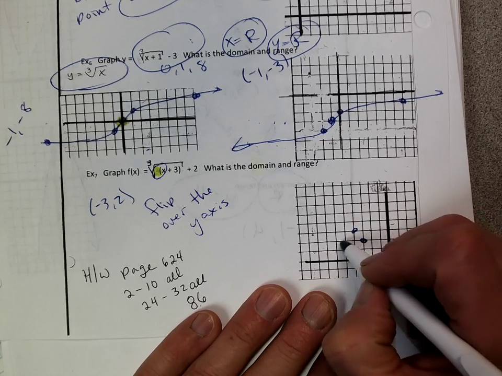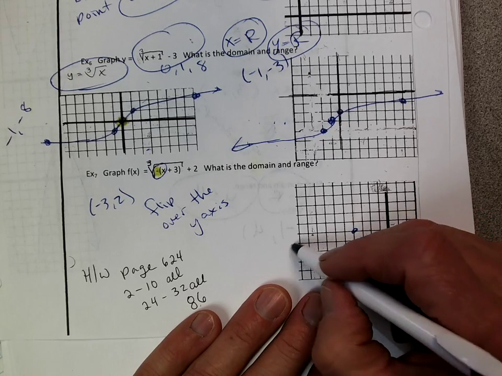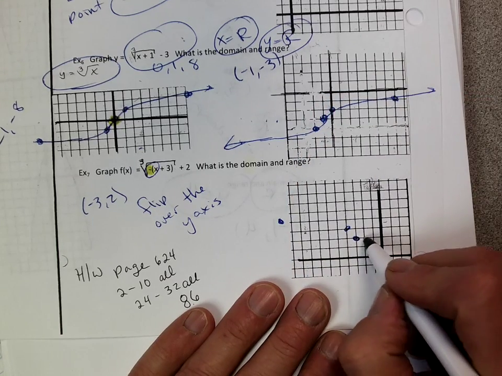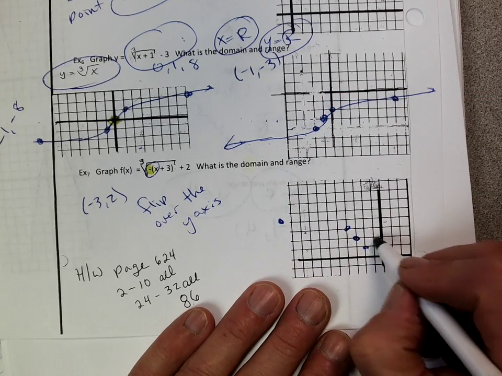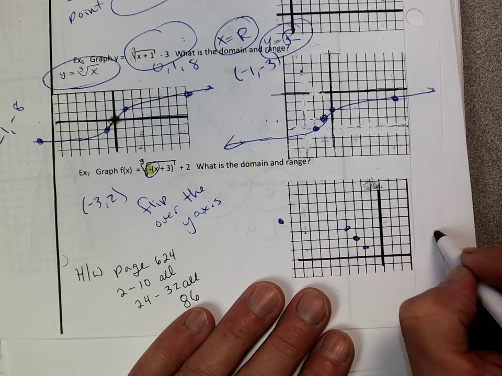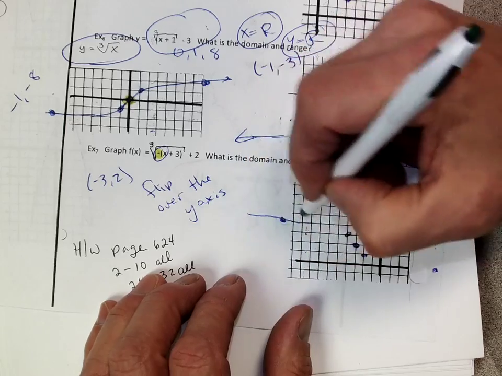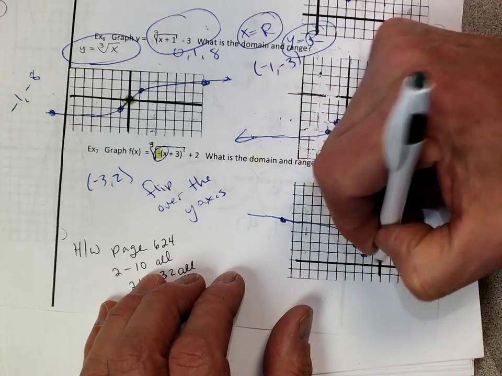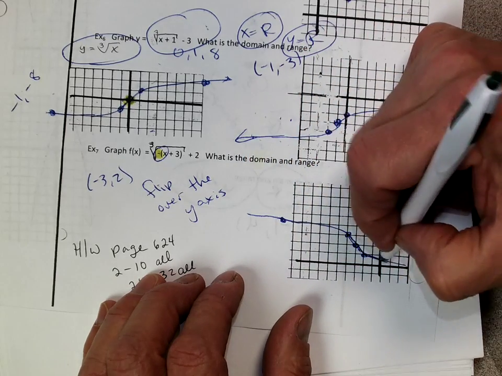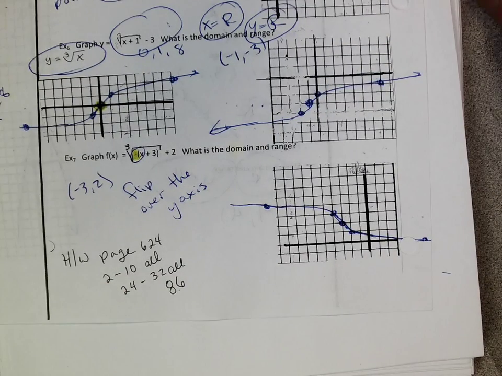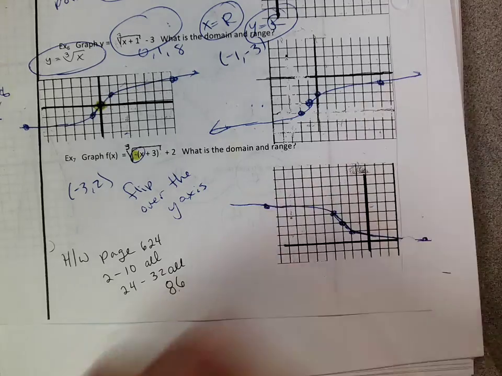Our 1, 2, 3, 4, 5, 6, 7, 8, 2. Put it there. We'll do our 1, 1 here. And our 1, 2, 3, 4, 5, 6, 7, 8, 2 there. And so here is our shape. Here's our cube root graph, which has been moved and flipped over the y-axis. Okay? How's that? Are we done? We are